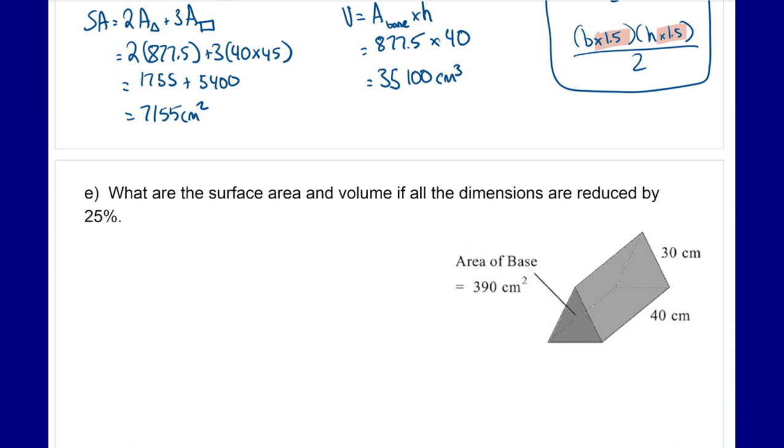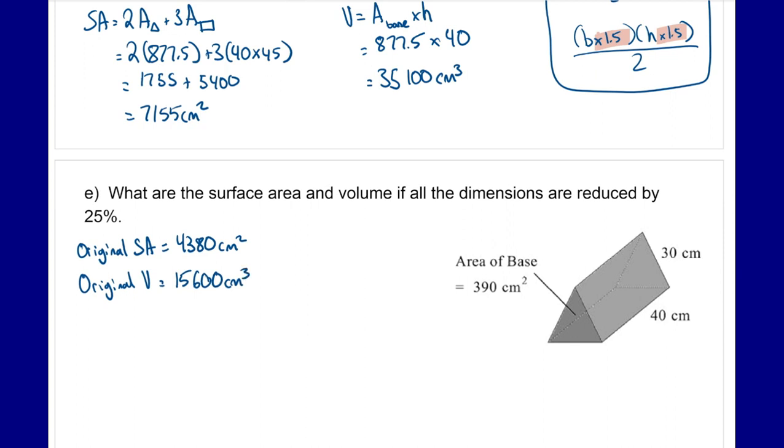So this is similar to the last one, but because all the dimensions are reduced, or they're affected by a specific scale, I don't have to change specific dimensions. I don't have to recalculate anything. I just have to look at the overall surface area and volume. Right? So the original, I'm going to write down the original surface area was 4,380 centimeters squared, and the original volume was equal to 15,600